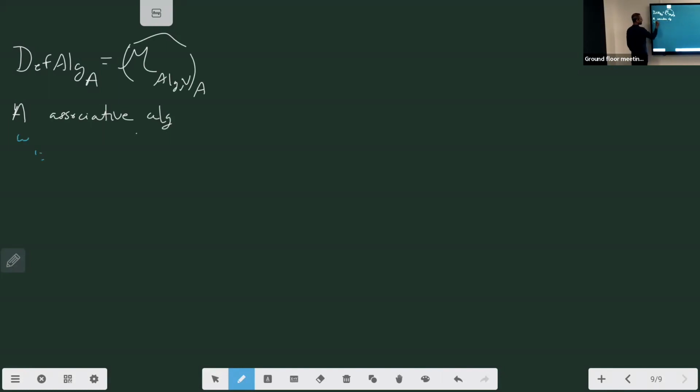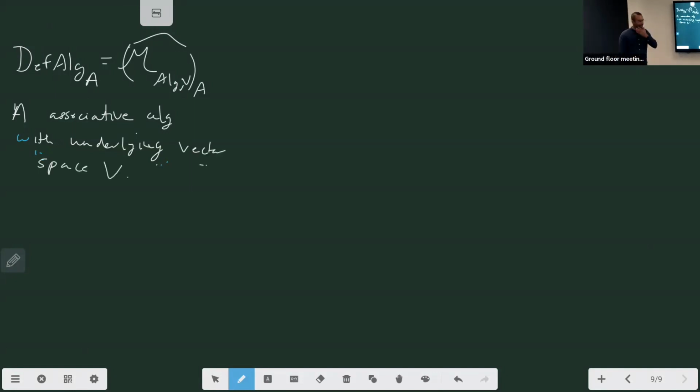With underlying vector space V. So instead of the more ambitious problem of constructing the entire moduli space, I can ask, what are the deformations of one particular algebra? What are the points that are near one particular algebra? And in particular, I can ask, what is the tangent space at, so this Def-Alg